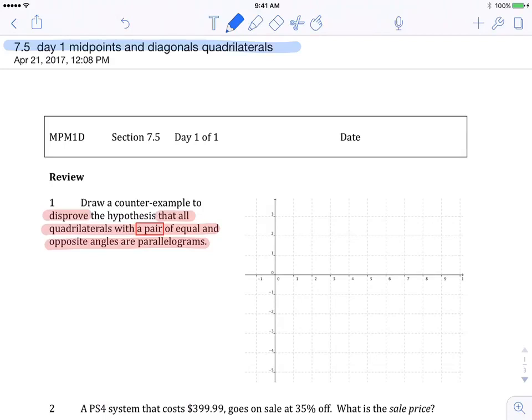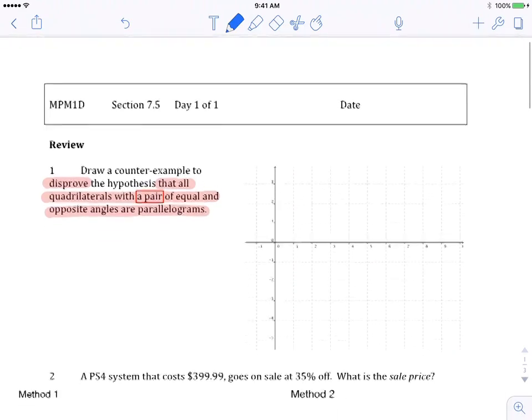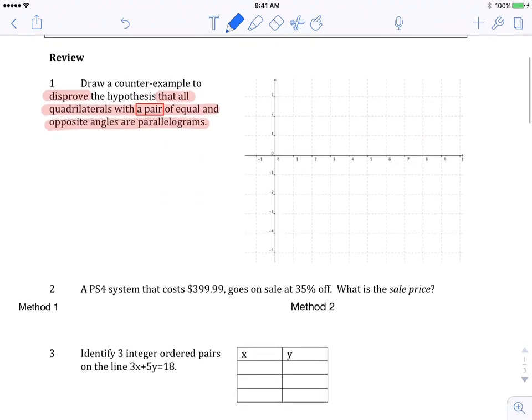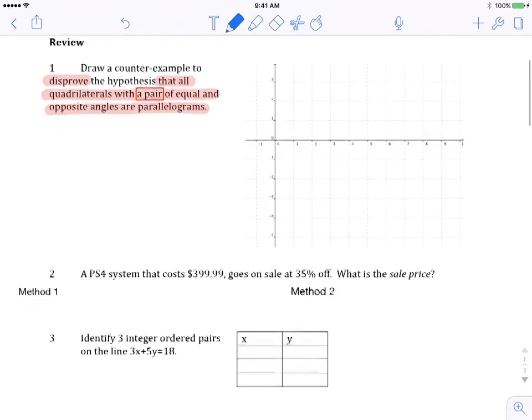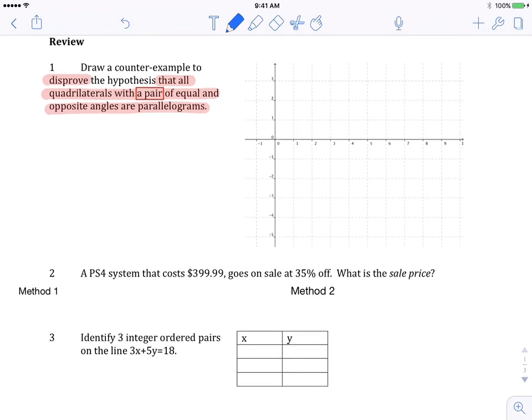Okay, so we're looking at 7.5, midpoints and diagonals in quadrilaterals. I want to look at this first review question here. Draw a counterexample, and we looked at this last day. A counterexample is a way to disprove a conjecture or hypothesis. So I'll draw a counterexample to disprove the hypothesis that all quadrilaterals with a pair of equal and opposite angles